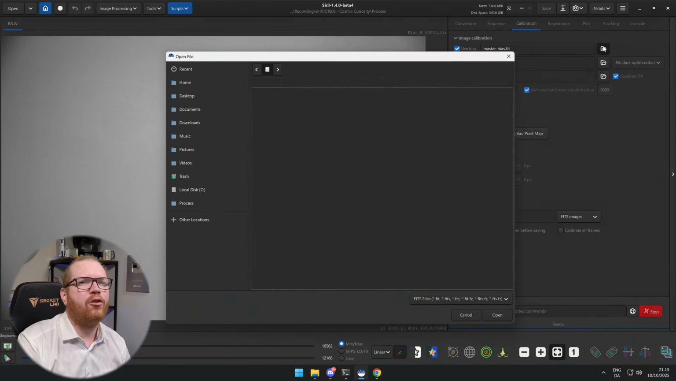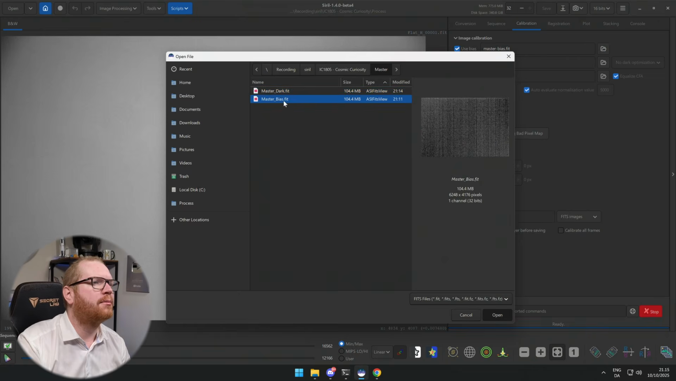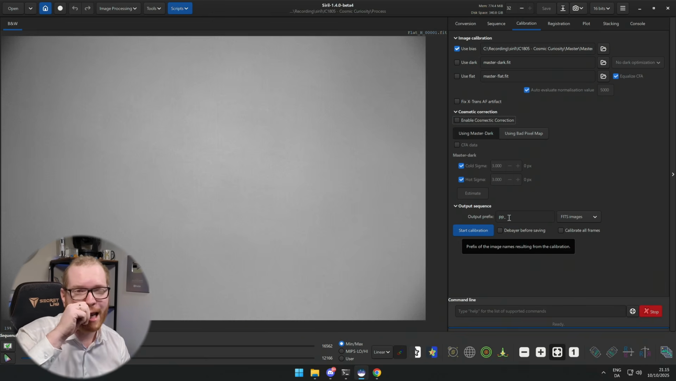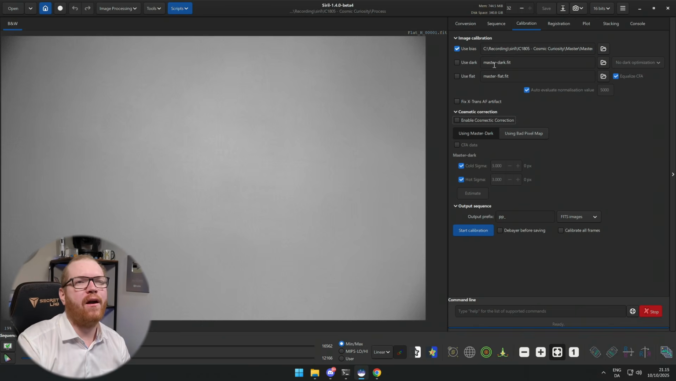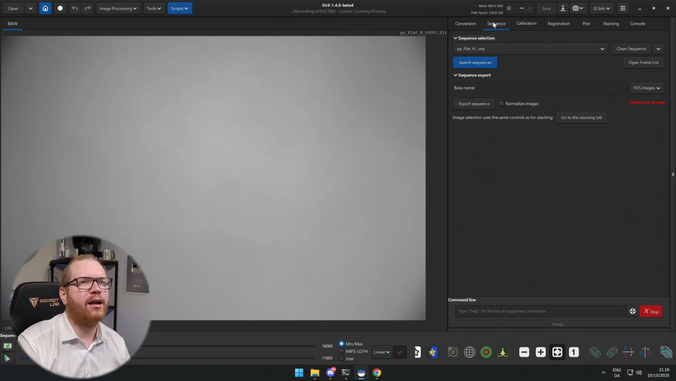Then we're going to click the open icon here, and navigate to our master bias frame there. Add that in there. We're going to disable the enable cosmetic correction, like so. And the rest here is just kept standard. You can see here that it says output prefix is PP. That means it now creates a new sequence with the calibrated flat files. So if we go and say start calibration,